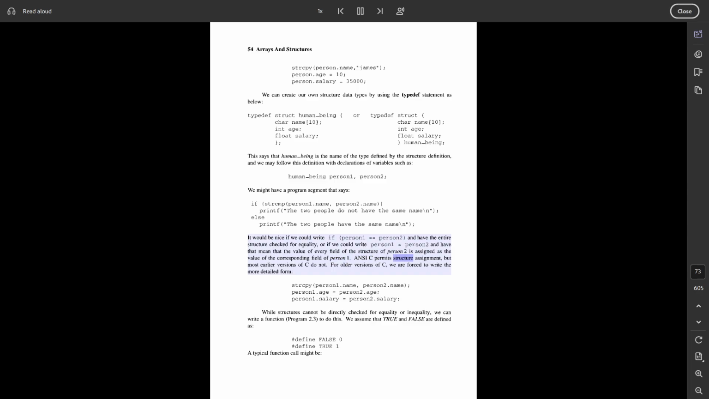ANSI C permits structure assignment, but most earlier versions of C do not. For older versions of C, we are forced to write the more detailed form, strcpy(person1.name, person2.name); person1.age = person2.age; person1.salary = person2.salary;